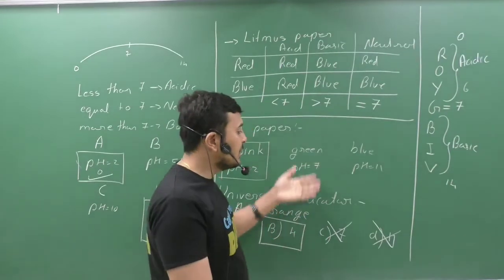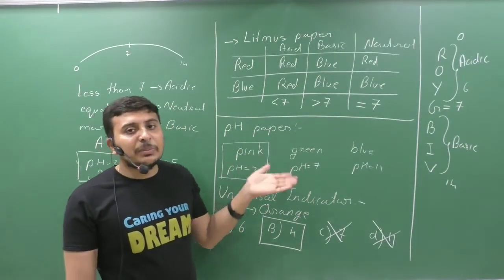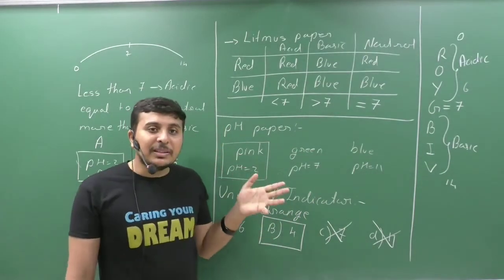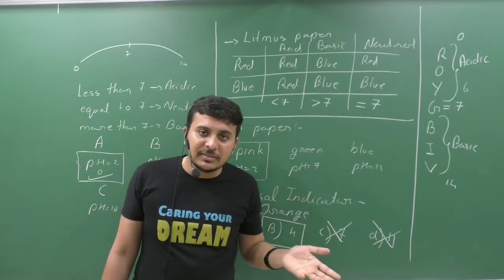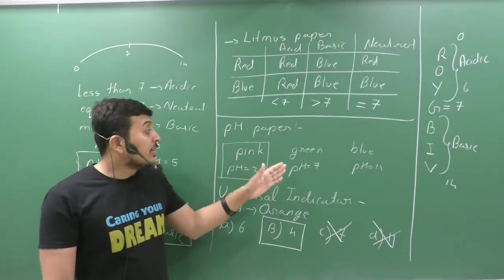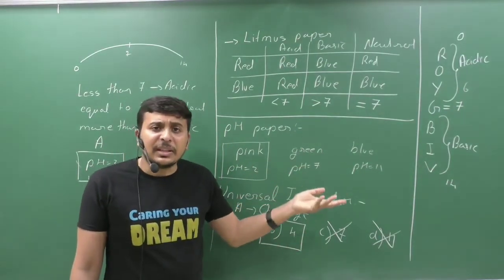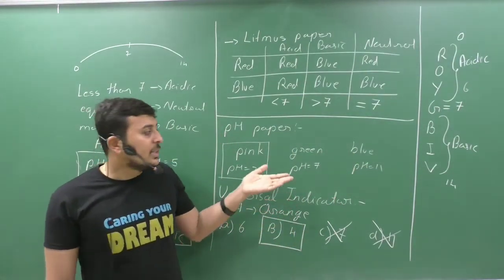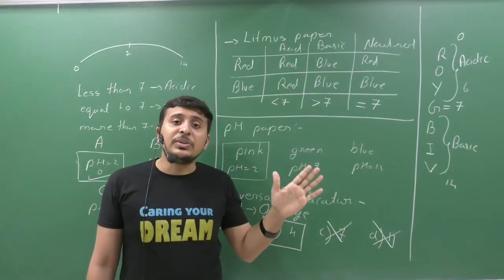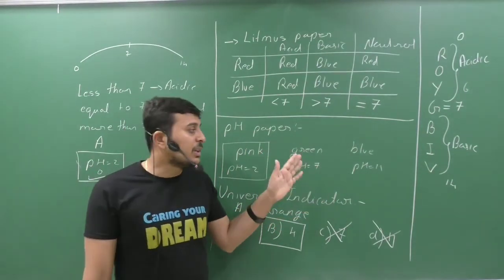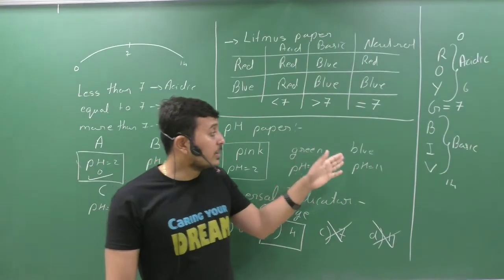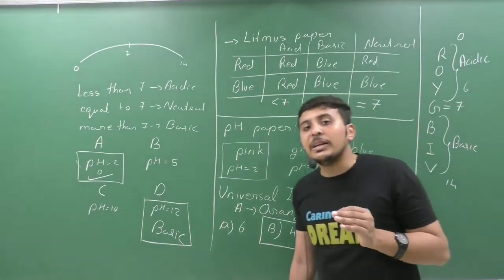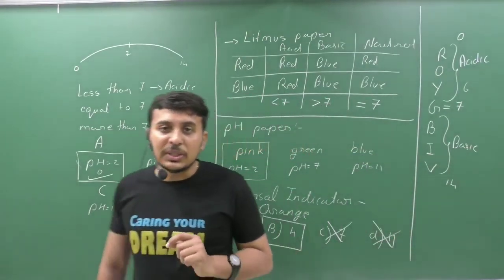Clear? Yes, they are based on the colors. Different people see different colors for the same thing. If I am seeing dark pink, then the girls might be seeing another color. If I am seeing green, there are also different shades of green. If I am seeing blue, there are different shades of blue. So in the same solution different people can see different colors. So we cannot rely on the colors of the solution. So we need the pH meter for finding the exact value of any solution.